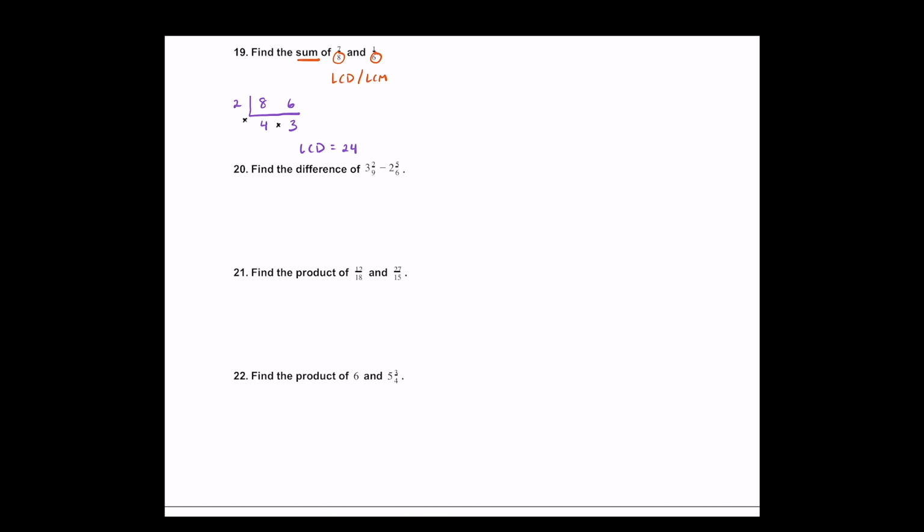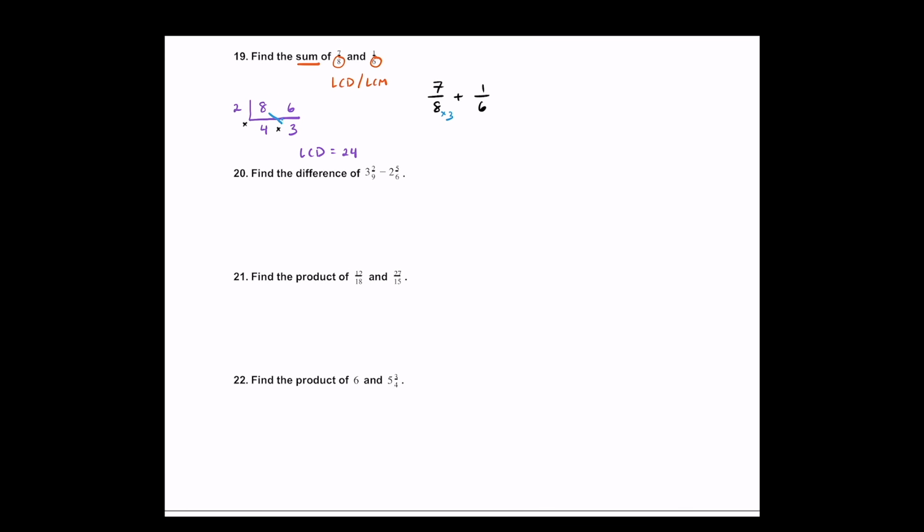So how do we get this fraction to have the same denominator? We need the same pieces on the bottom so that we can actually add. To get to 24, what we can do is multiply 8 times 3, and that's this diagonal I was mentioning earlier, but if we do it to the bottom, we should do it to the top. And over here, we can do 6 times 4, so that's why the ladder method is also helpful. But this way, we're going to get common denominators. So 7 times 3 is 21, 8 times 3 is 24, 1 times 4 is 4, 6 times 4 is